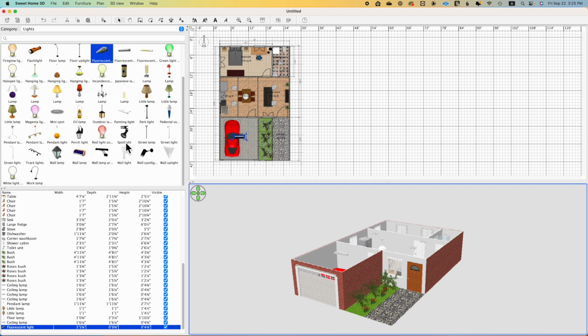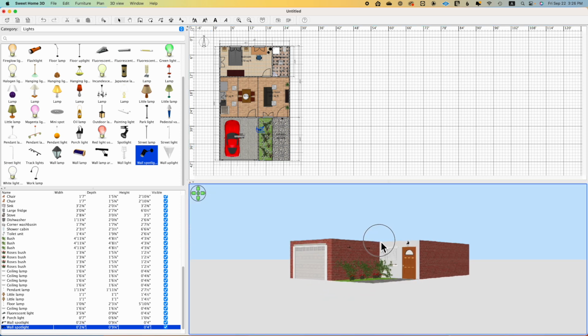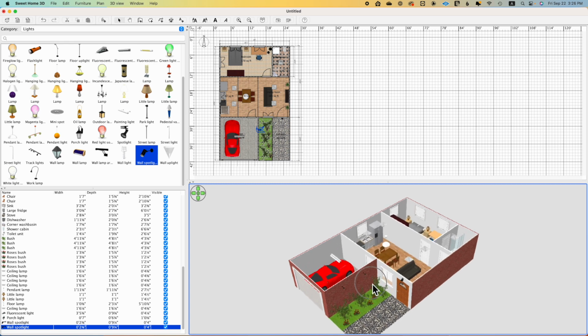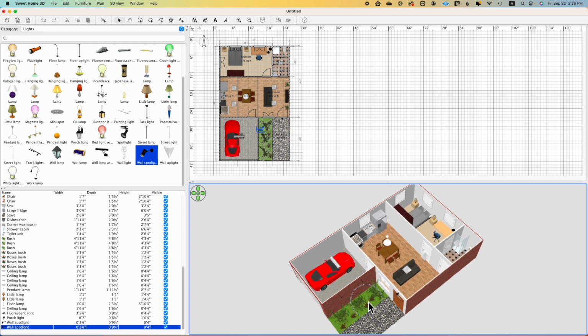So I will put maybe this one. I'll put it here. Maybe I take it up a little bit. Okay, let me add some spotlights on the wall here. Which will add some atmosphere. And now with all the lights, let's have the first look on how the house will look like when